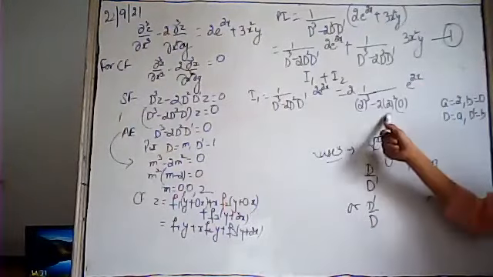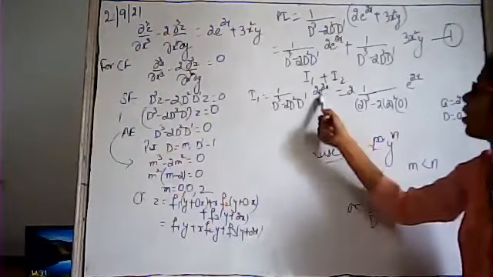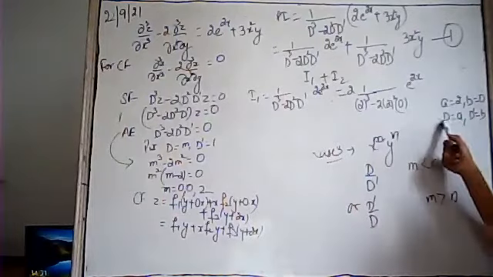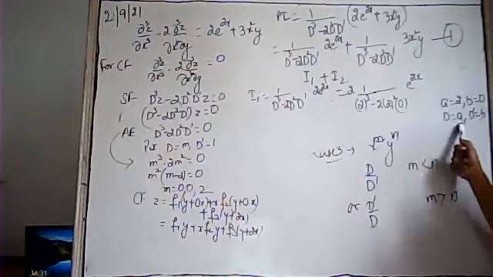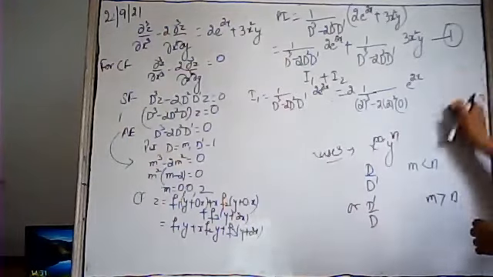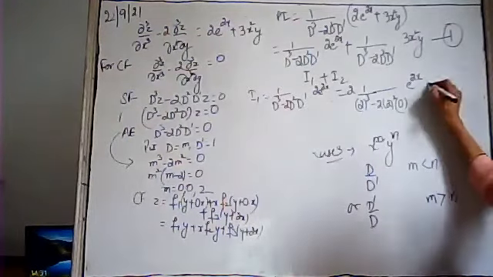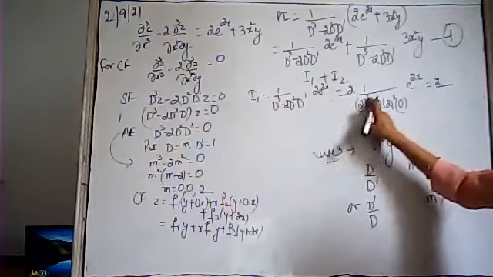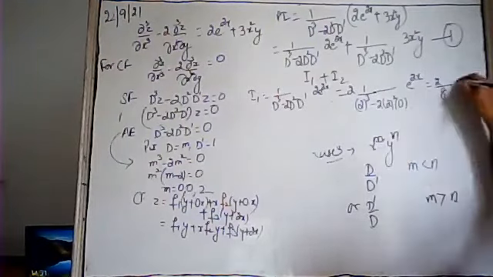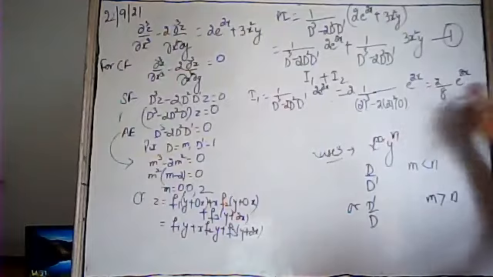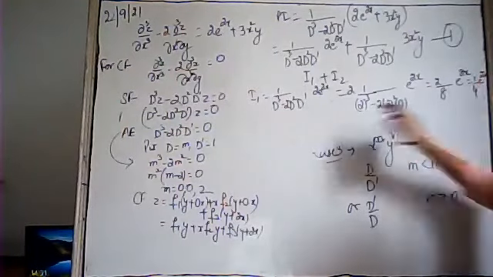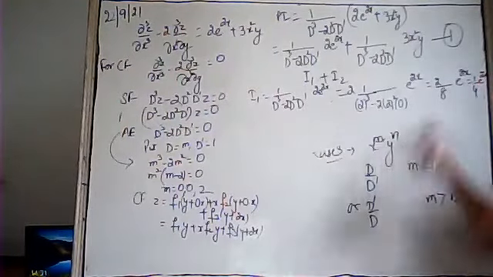देखो बेटा, is this step clear? We have the form e to the power ax plus by, and in that case we are to replace D with a and D dash with b. So we have substituted all the values. It will be 2 upon 2 the cube. 2 the cube is 8, and this term will be 0 into e to the power 2x. 2 upon 8 will be 1 by 4 e to the power 2x. So this is the value of I1.